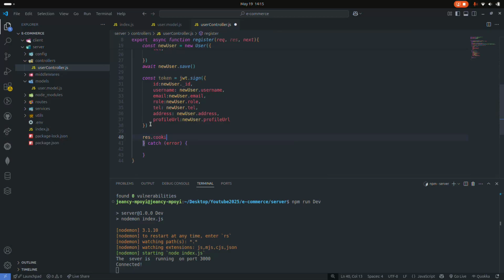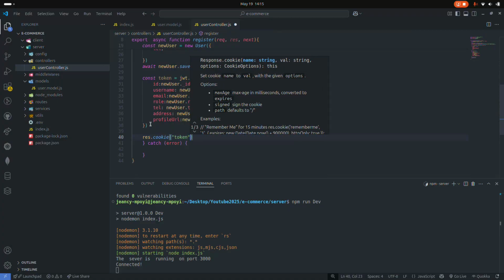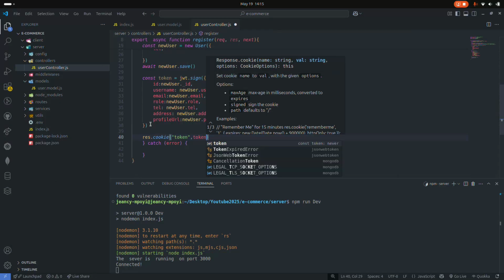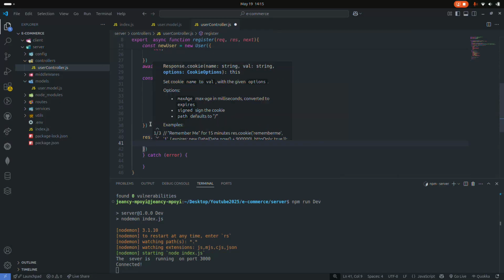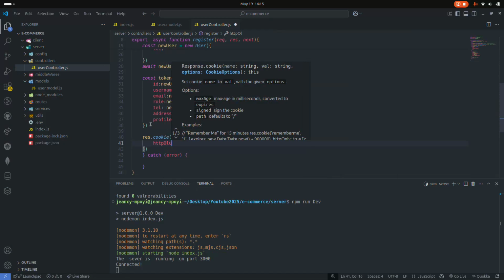The cookies will be something like this, parentheses, and then the name will be token, and then token as well, and then another parameter httpOnly. Okay,